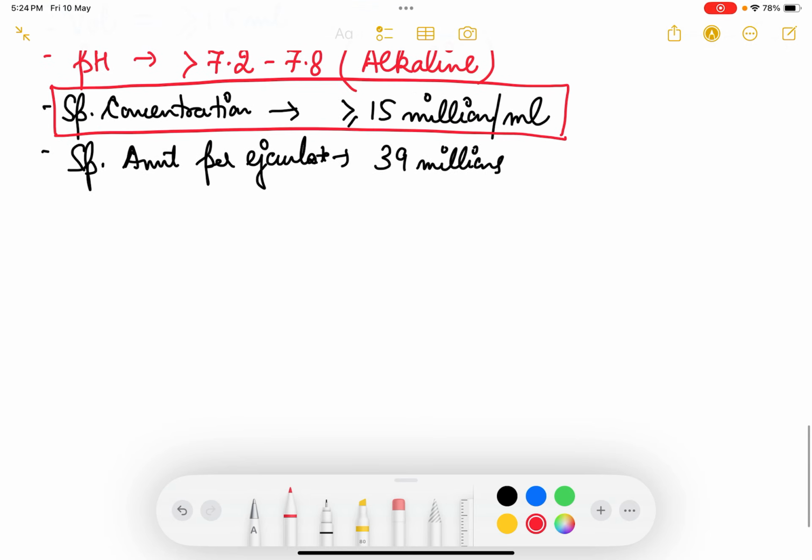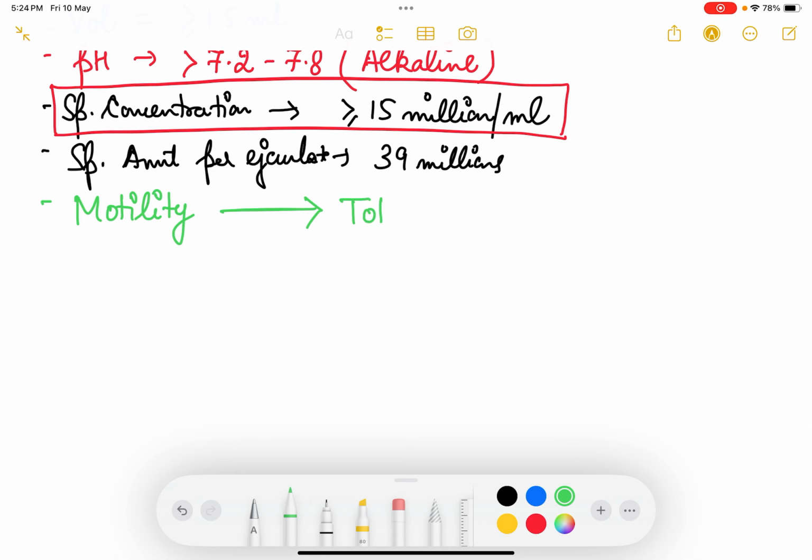This is very important. Apart from that, only presence of sperm will not do. You have to see what is the motility of the sperm, whether sperms are able to move through the uterus and go upwards to the fallopian tube, ampulla of the fallopian tube, and is able to fertilize. So for that, motility is required. So in motility there are two parameters. One is total motility. The total motility should always be more than 40%, whereas progressive motility